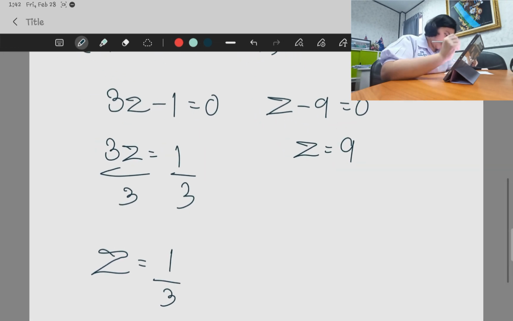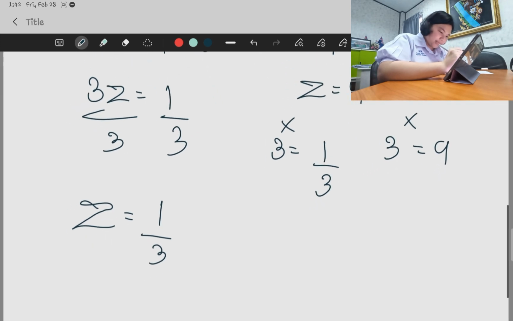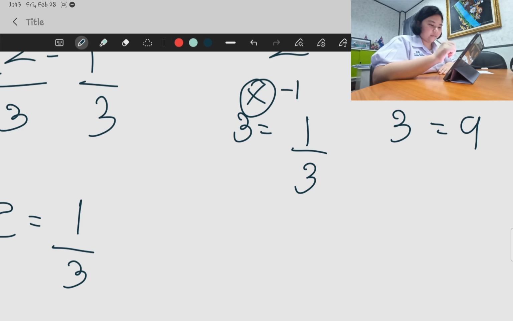And then we will replace the c with 3^x equals 1 over 3, and 3^x equals 9. So 3^x equals 1 over 3. If we want to change it into a fraction, the index has to be negative 1. So our x is negative 1,